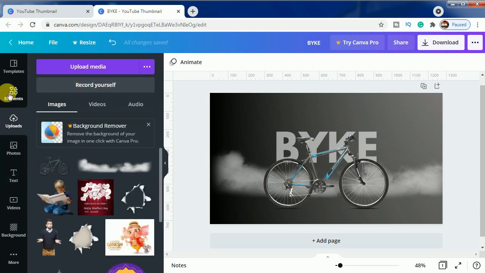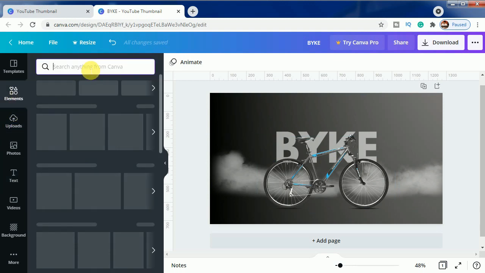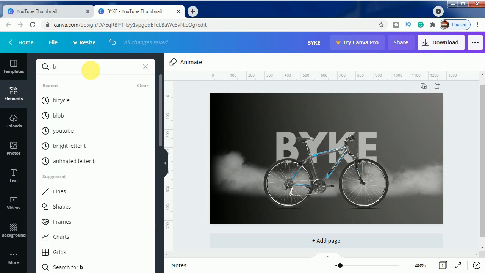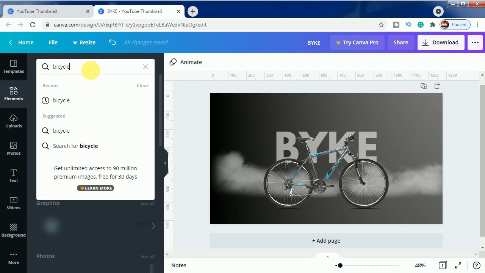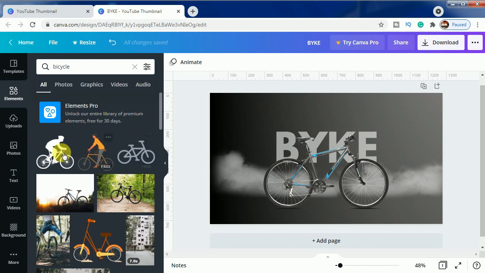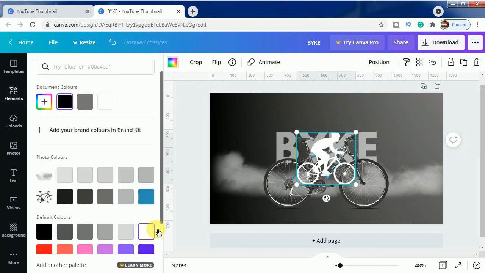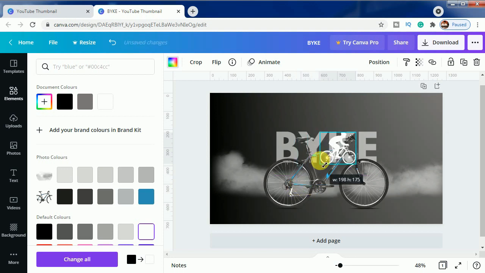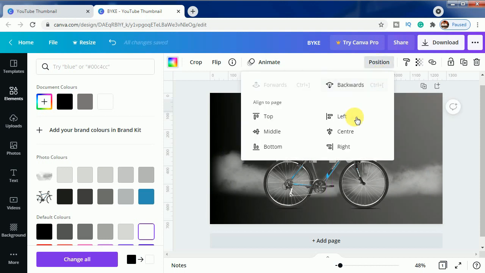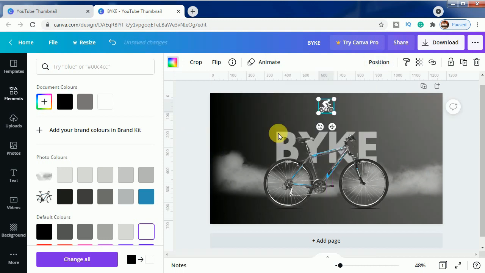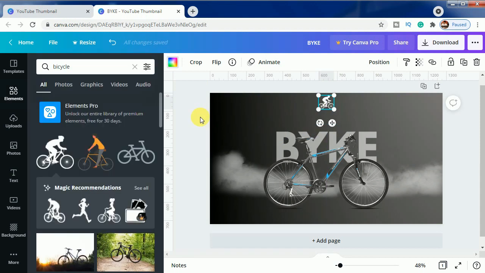For that we'll come to elements and click on bicycle. Okay, choose the first one and change the color to white. Make it smaller and add it right here. Let's position it to center and place it right here.